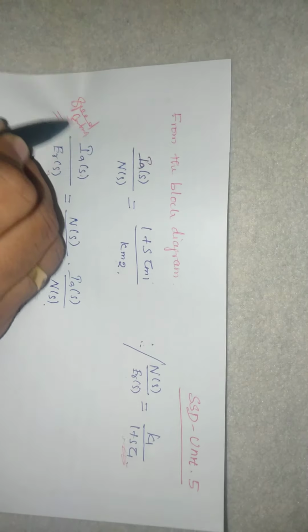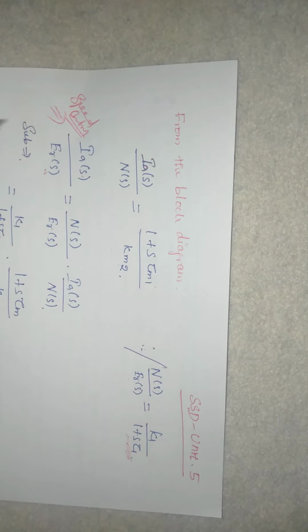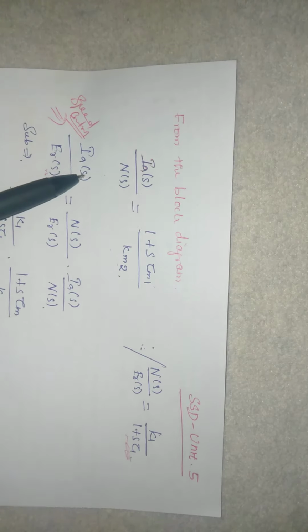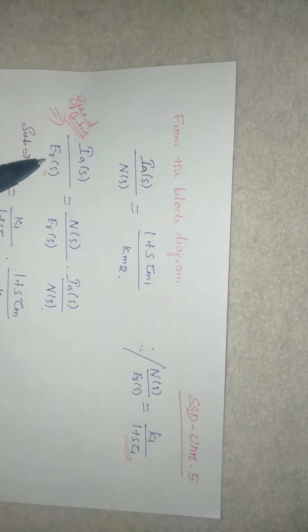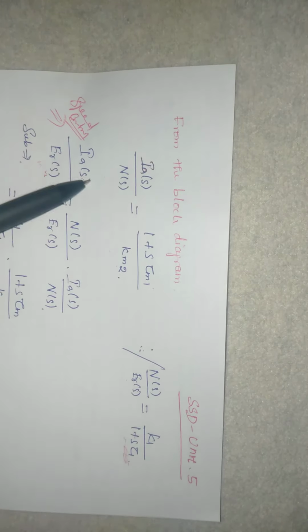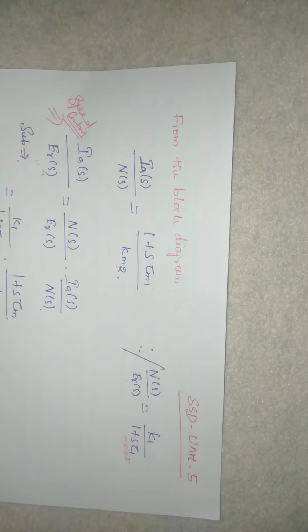So far we have derived a general equation, where the error signal is given and based on that the speed changes. Now, using this equation, we are going to find the speed controller of a machine. For a speed controller, the error signal is the input, and from the speed controller the appropriate armature current will be the output. So armature current is the output and error signal is the input. This will be the transfer function of a speed controller. Now we are going to design a speed controller with the previous study.